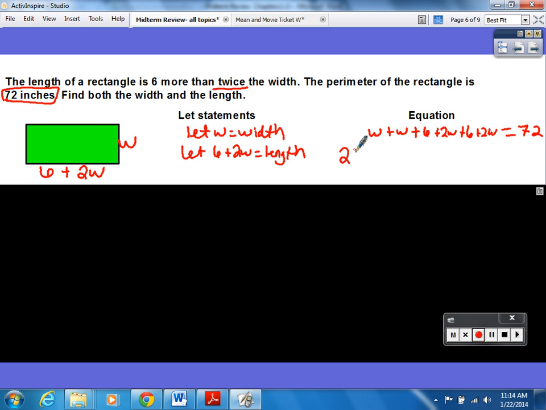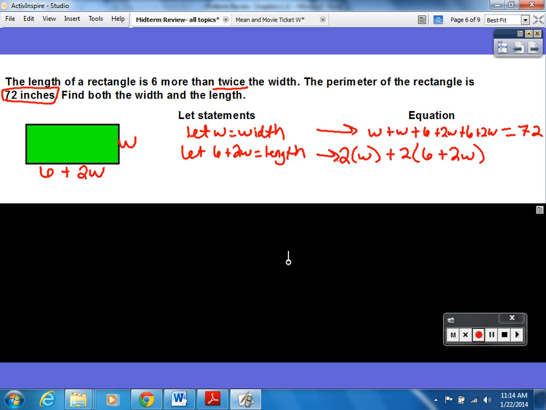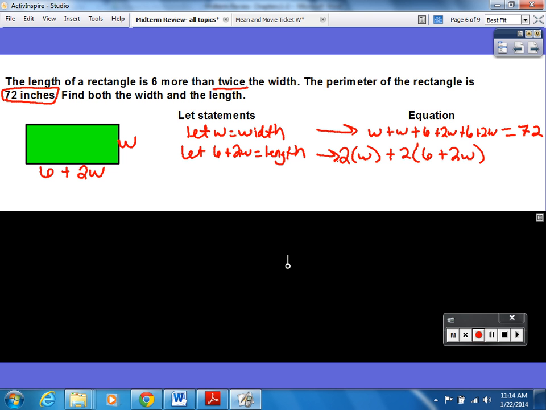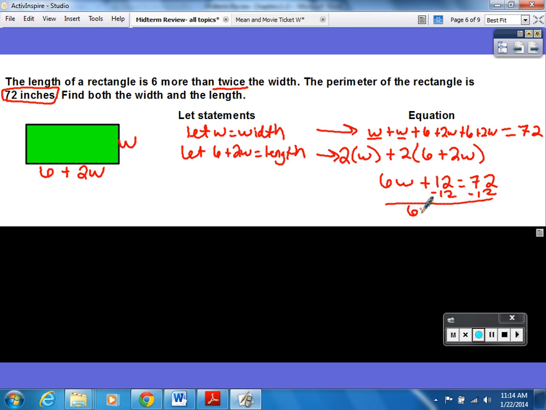If you wanted to do 2W plus 2 times the quantity of 6 plus 2W, that would be fine too. Either or. Totally fine. From here, we're ready to simplify. So we've got 1, 2, 3, 4, 5, 6 W's plus 12 is equal to 72. We're now just going through our steps for solving the equation. 6W is equal to 60,